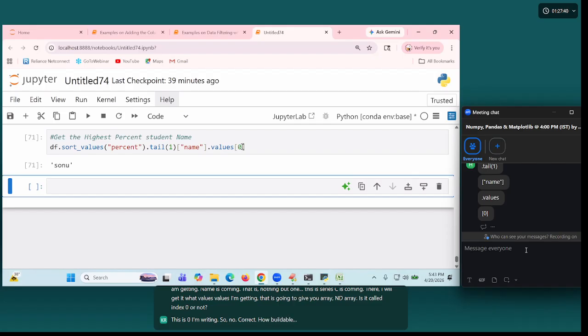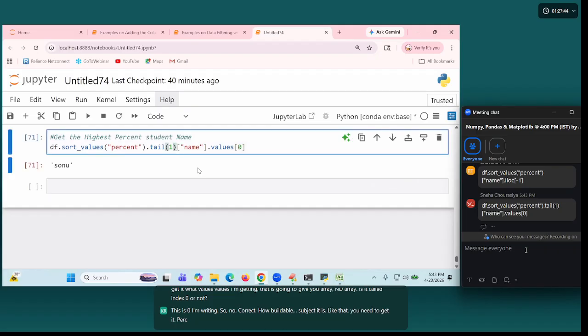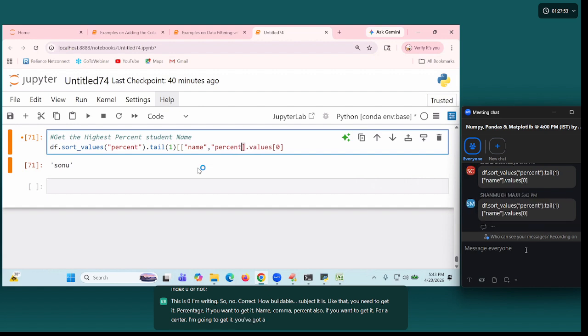If you want to get the percentage, name, comma, percent, you can also get it. Enter, I'm going to get it. Percent also I'm getting. So for a percent extra, we are getting our